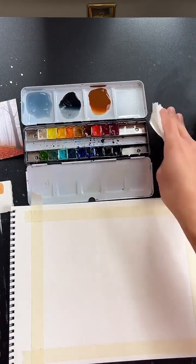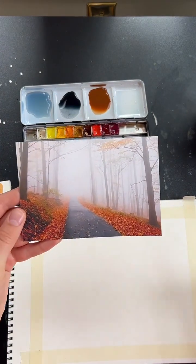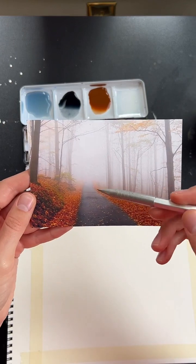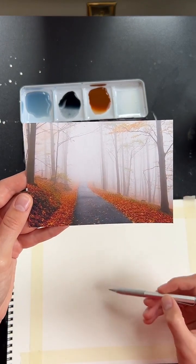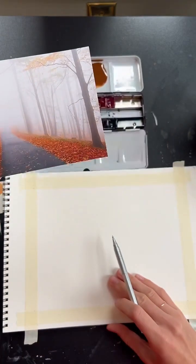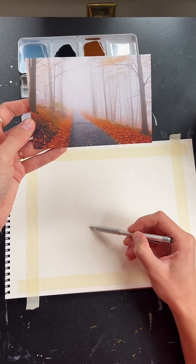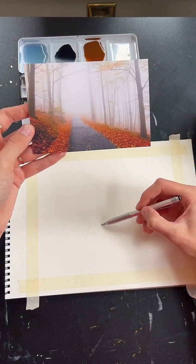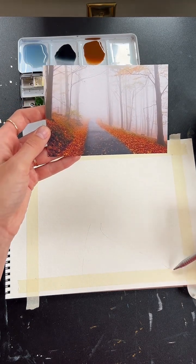as we're doing this first layer here, we're going to do a sort of wet on wet technique, more or less. If you feel comfortable and you'd like to, you can sketch out this path here. So I'm going to do this line that kind of goes right here onto my paper. I'll move this up a little bit so you can see. So a little bit under halfway. There's that one, and then it kind of curves around